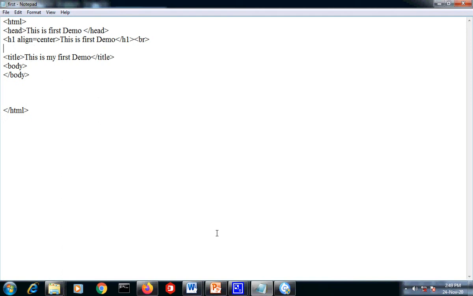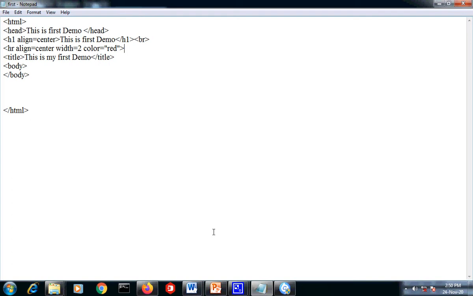Here HR means horizontal line, with align equal to center. Width means size. Here I am giving the size. Color equal to, you can specify the color as digits, or if you know the name, you can specify the name also.